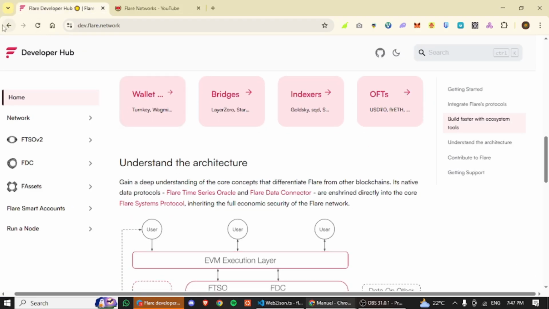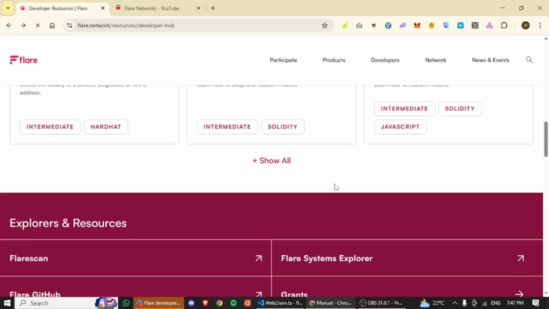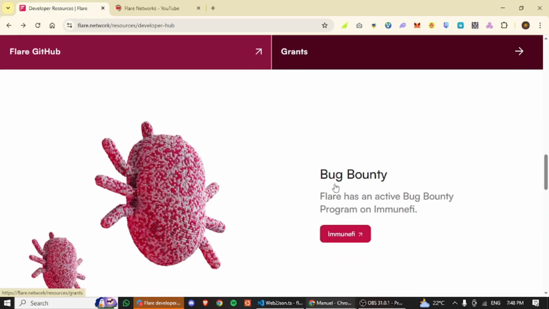I think I should also talk about this. You might be aspiring to security and smart contract auditing or security research.